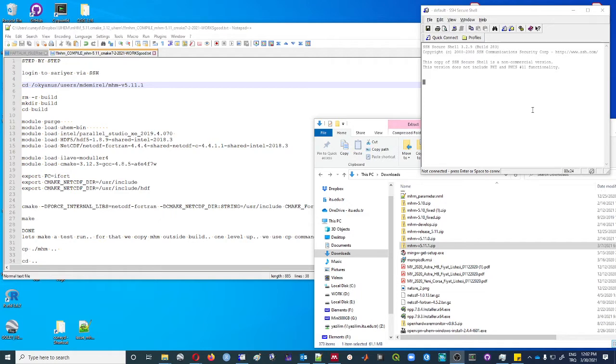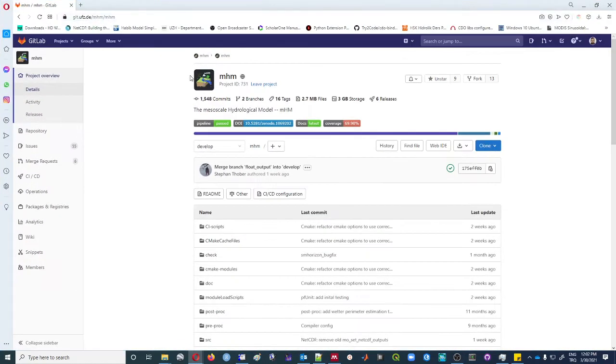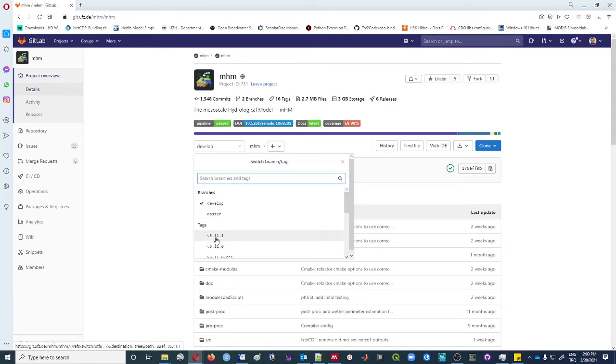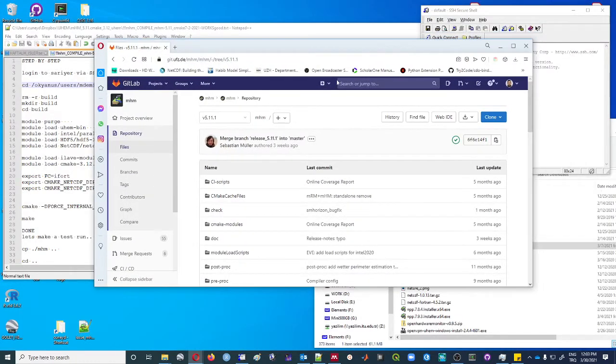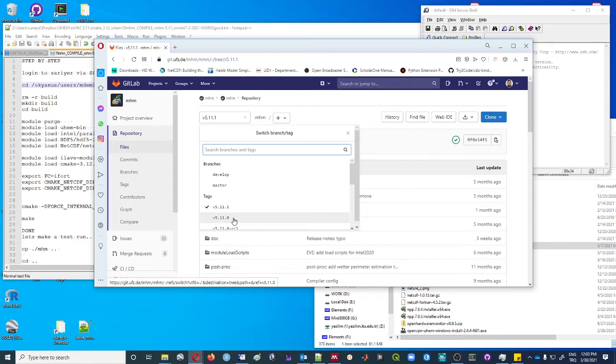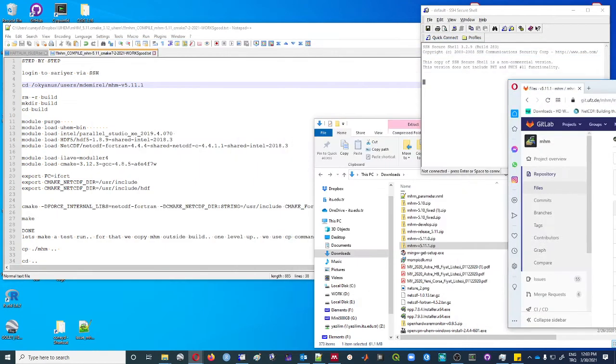So once you get the latest version, that is 5.11.1, you can download it as a zip. I already have it. Be careful with that, not the development one. There are older versions. You download 5.11.1. Okay? And then